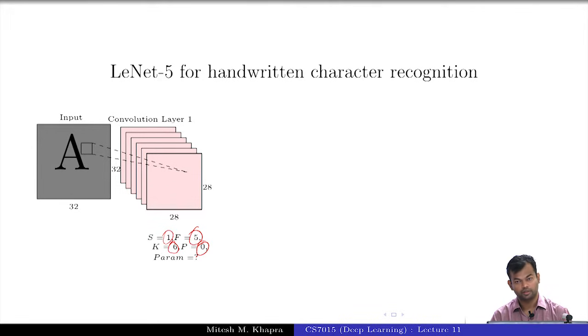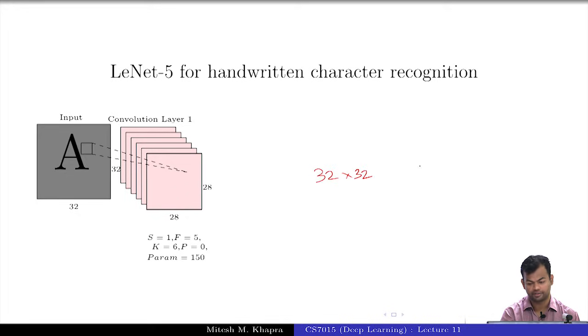What are the parameters here? The filters, the weights in the filters. How many filters do you have? 6. How many weights does each filter have? 20? 25, right? 5 cross 5, so 25. So the total number of parameters is 150. Now I want you to appreciate something here. So the input was actually 32 cross 32, which I believe is 1024, and the output was 28 cross 28, right? That's the output you got.